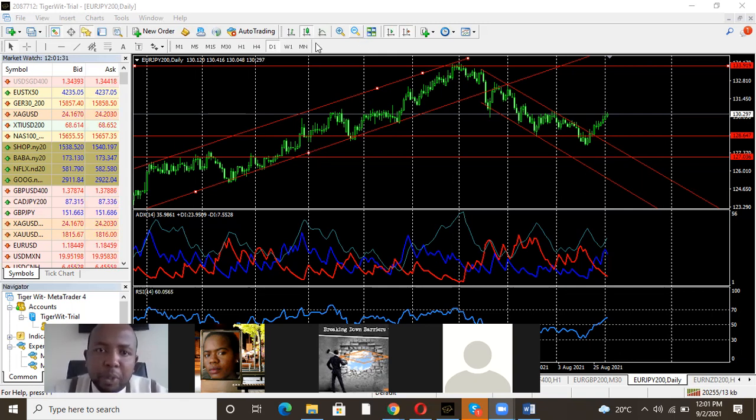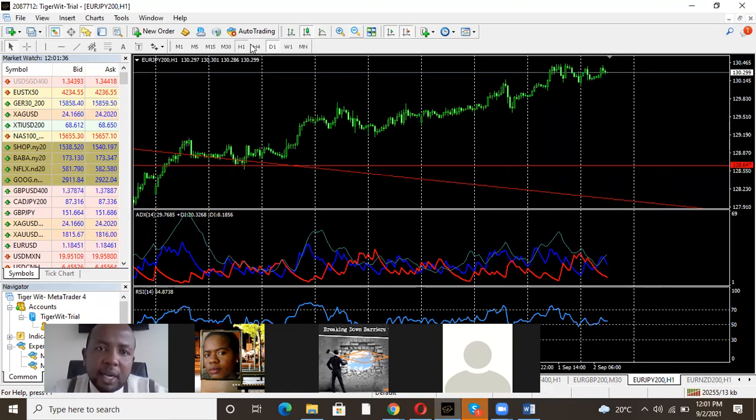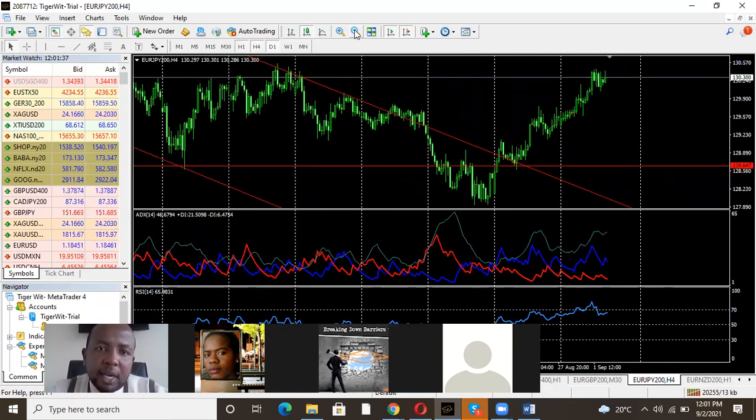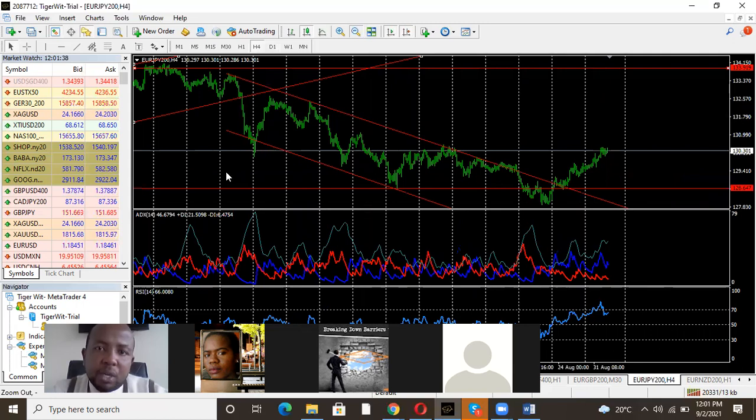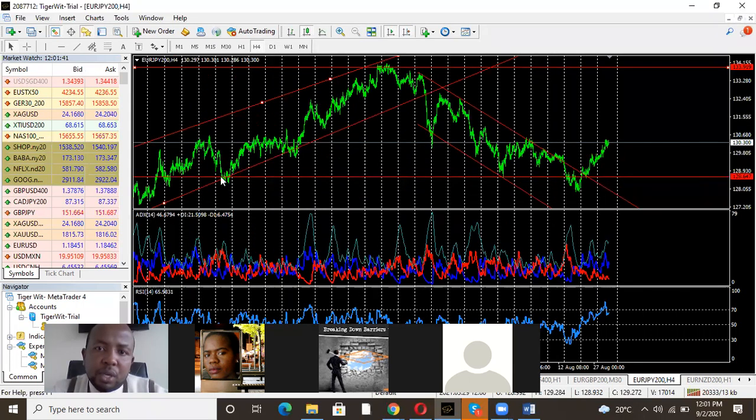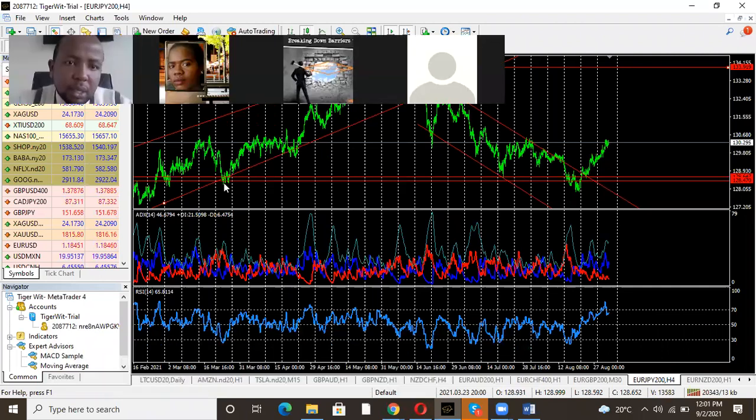So for support and resistance, if you're day trading, I'd rather you use H4 and then zoom out a little bit. You see, when I zoom out, now I can see my main support. You guys can see this is my main support down here. Let me add another line. So this is my support. I've zoomed out all the way there. So that becomes now my main support. Then let me also show you this other one.